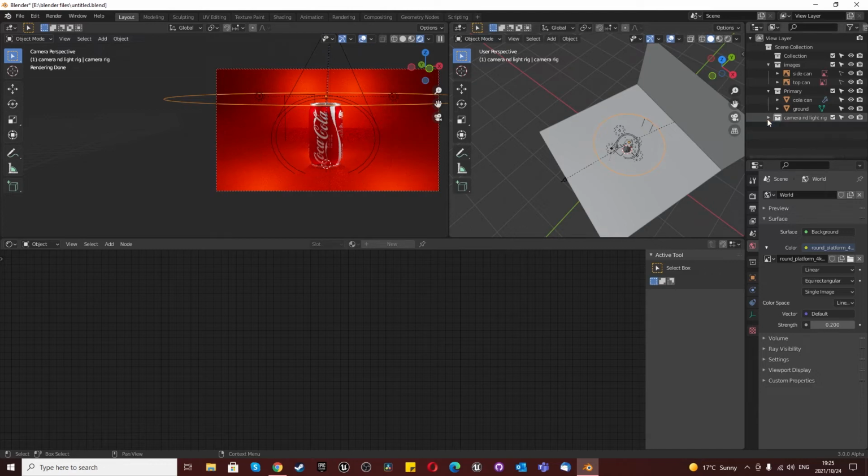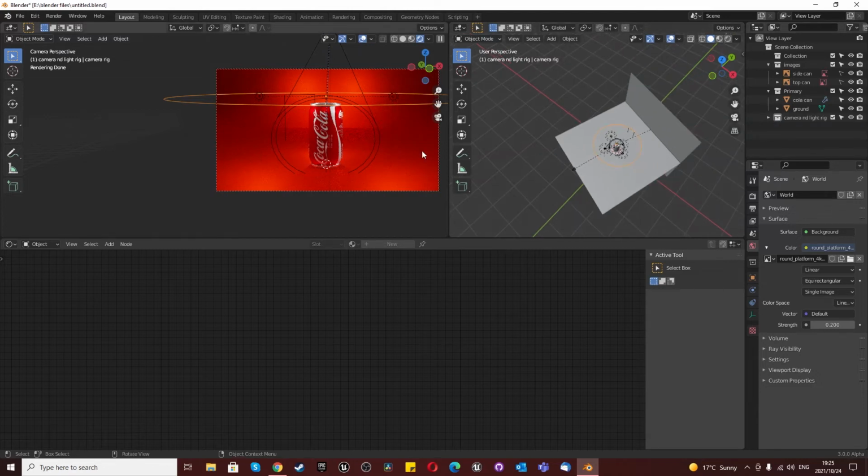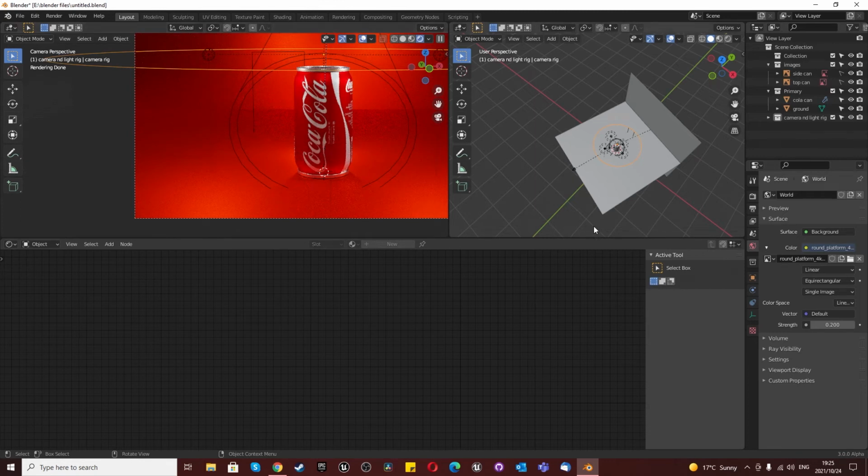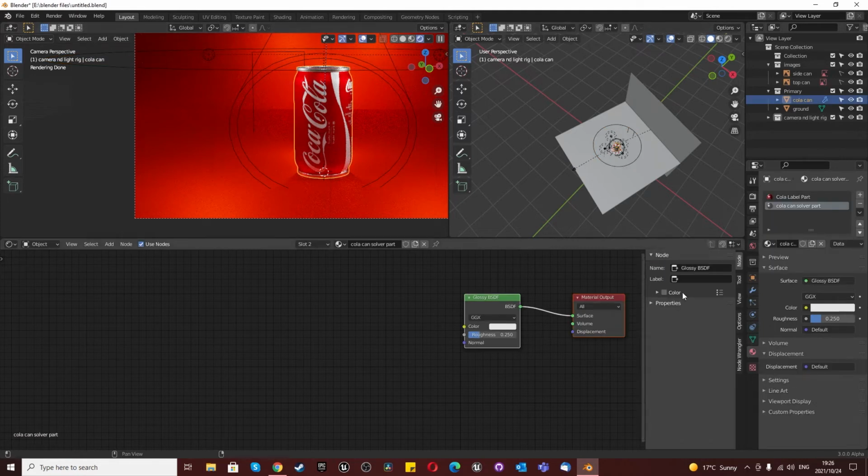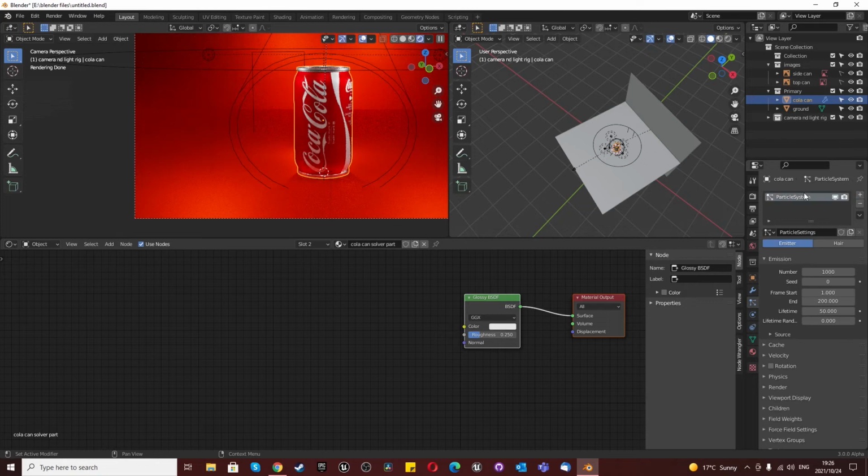Now that we've done the camera rig, we could focus on the condensation on the can, which we're going to use a basic particle system to do. So step number 1, select your can, and then we're going to go to our particle properties, and we're going to create a new particle system, and we're going to say big droplets,